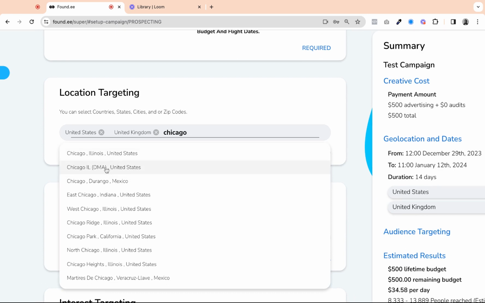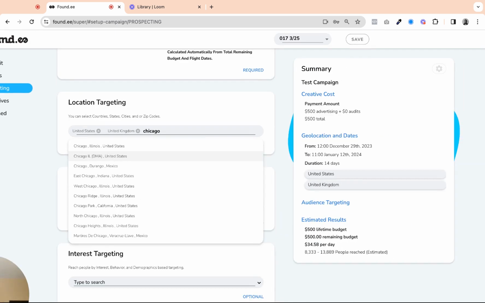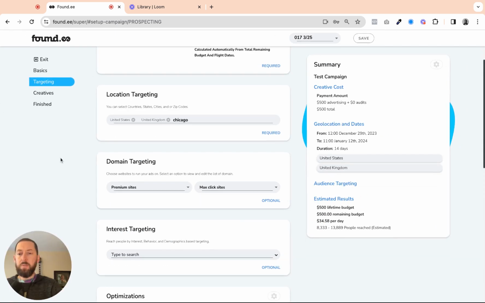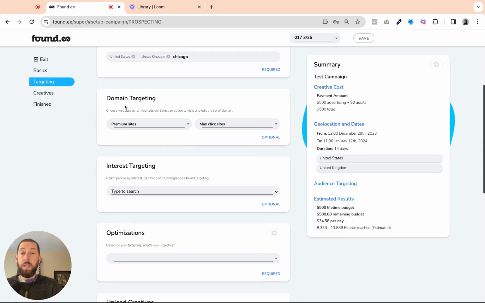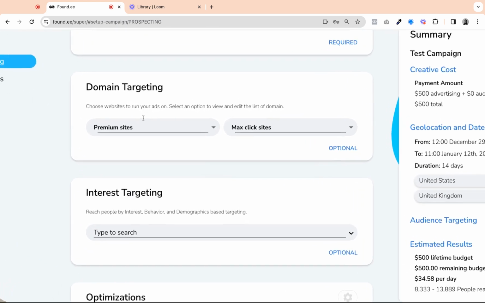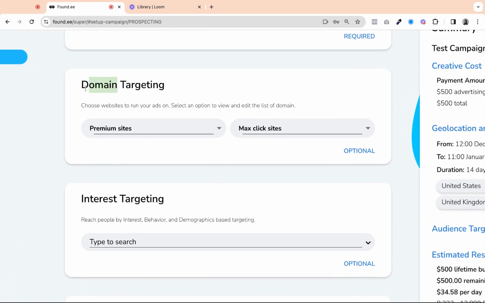So if you're targeting a specific market, I'd recommend doing the DMA if you're doing cities. Okay, now that we've gone over that, the domain targeting options here, let's talk about targeting in general. There's two options. You have domains, which we'll talk a little bit about. These are very specific websites. And then you have interest targeting, which are going to be audiences based on people's behavior, interest, demographics, different types